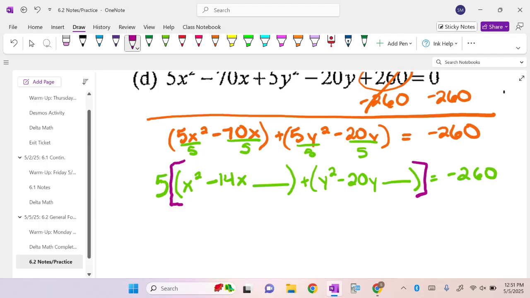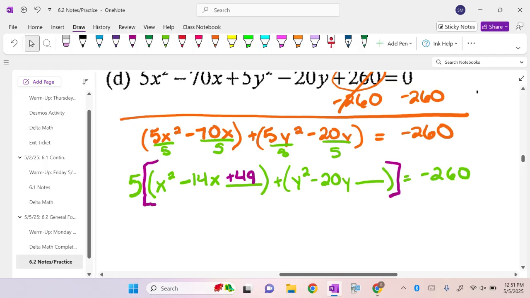So what's negative 14 divided by 2? Negative 7. Then what's negative 7 squared? Positive 49. Now, here's where it gets iffy. So, if I have a number here,